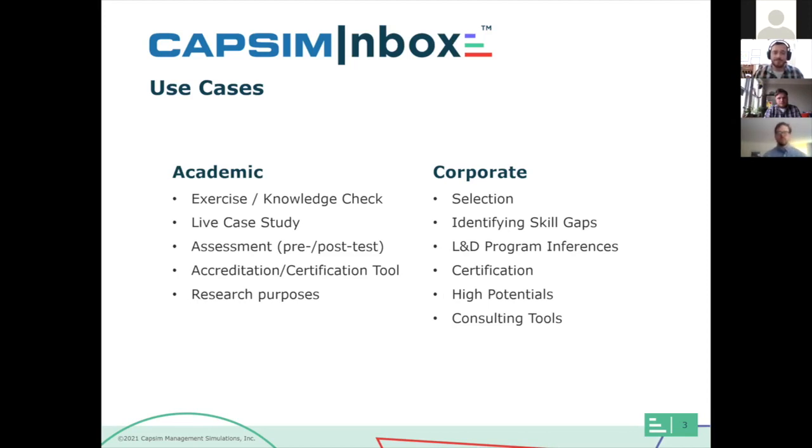And of course, with the percentile data, a lot of corporations use this for identifying high potentials, as well as consultants using it as a fun way to really differentiate their training by making short 5 to 10 minute experiences. But now that we've covered both academic and corporate uses for this platform,